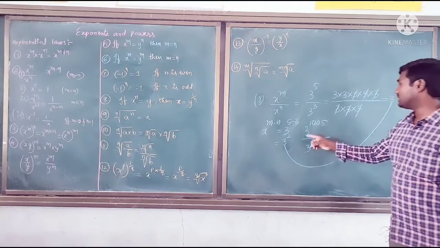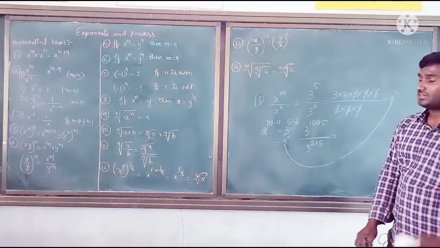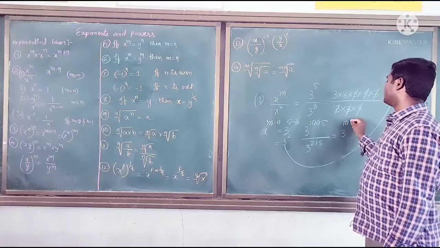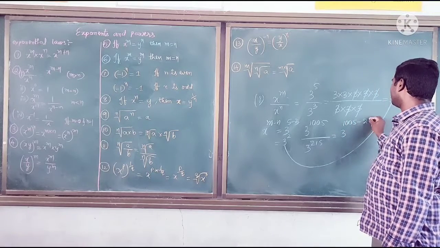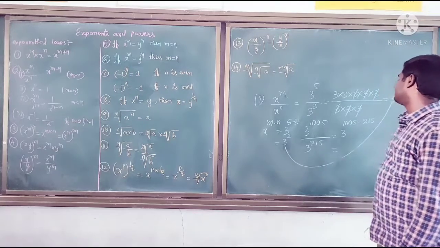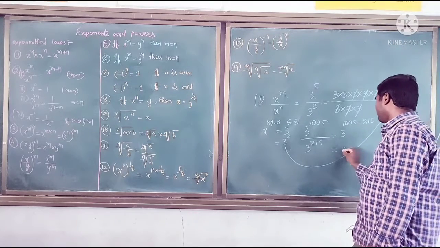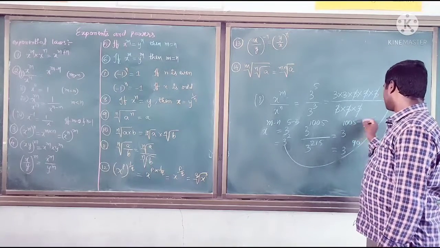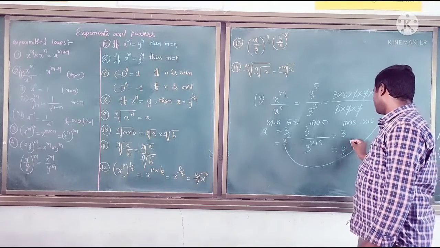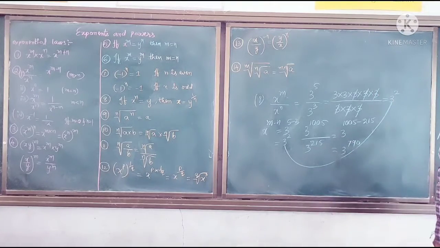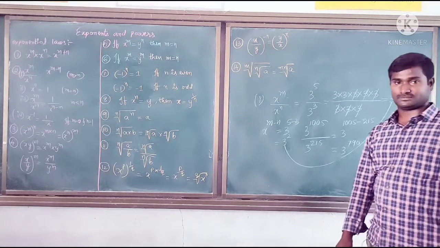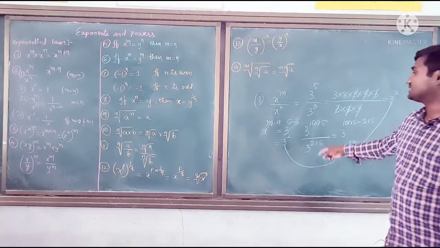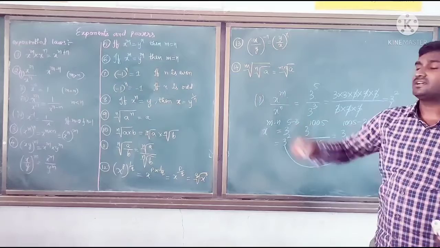Yes. Similarly you can simplify this sum also: 3 power 1005 by 3 power 215. This we can write as 3 power 1005 minus 215. If you subtract, you will get the answer. 5 minus 5, 0. 0 minus 1 borrowing, 9. 8 minus 1... 3 power 790 is the correct answer for this. For this purpose, we will use the first case.